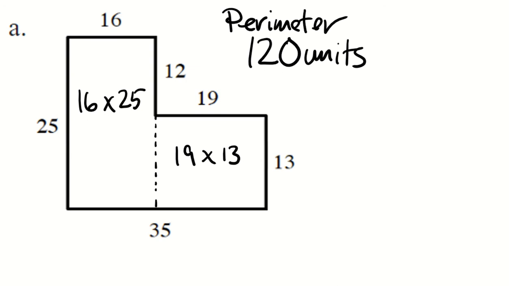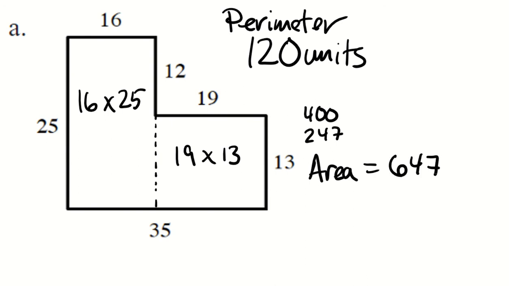So if I combine, let's see, 16 times 25 is 400. And I'm going to add to that 19 times 13, which is 247. So if I combine those, I get an area of